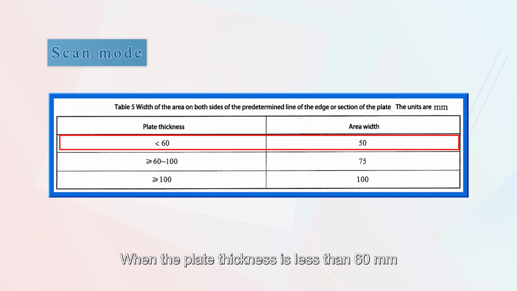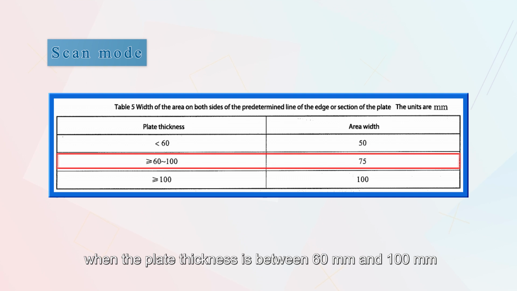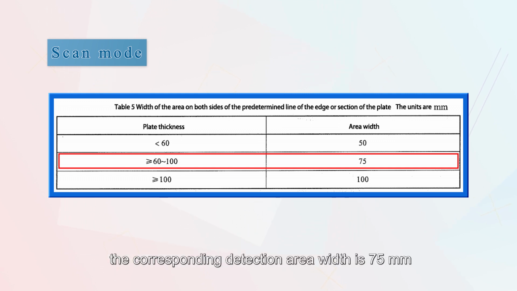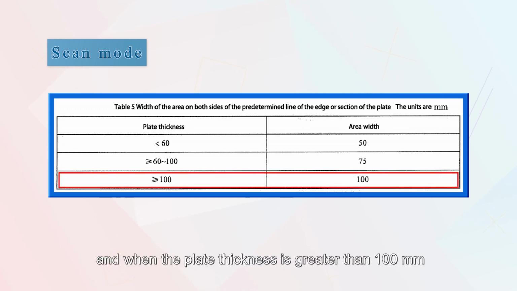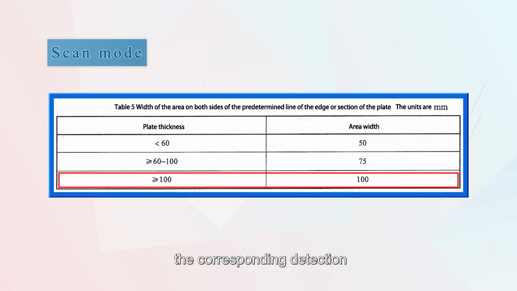When the plate thickness is less than 60 mm, the corresponding detection area width is 50 mm. When the plate thickness is between 60 mm and 100 mm, the corresponding detection area width is 75 mm. And when the plate thickness is greater than 100 mm, the corresponding detection area width